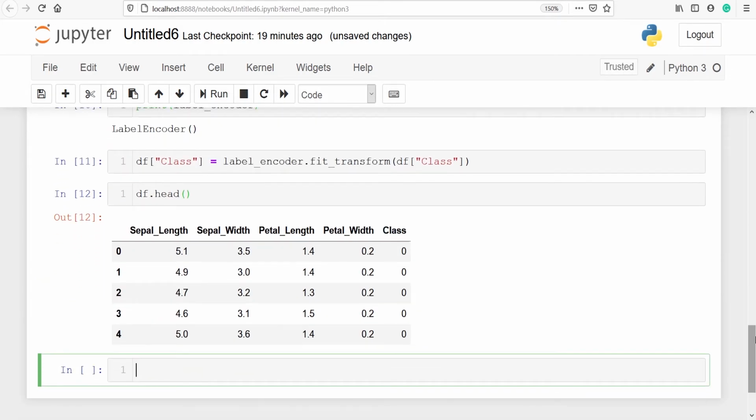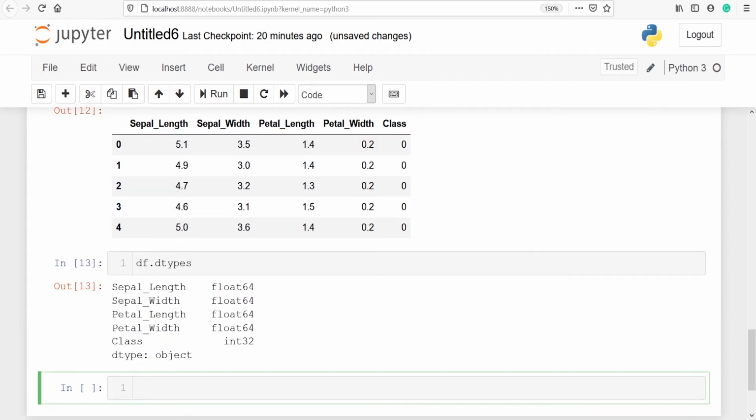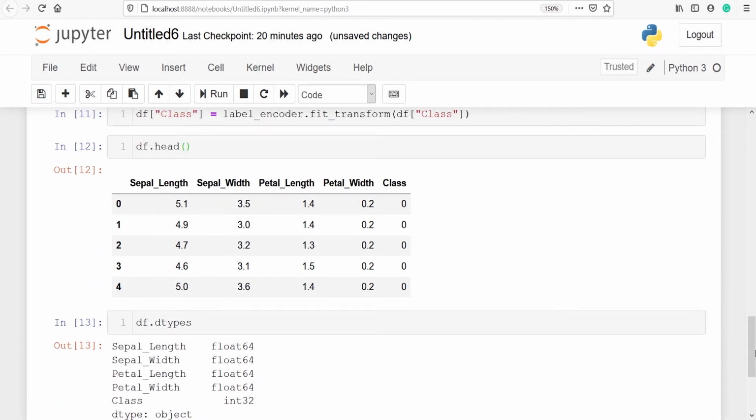In the output, you can see that we have successfully applied the label encoder on the target variable class and the new values are 0, 1 and 2. We can verify that. We will write df.dtypes. In the output, you can see that now the variable class has become int32.